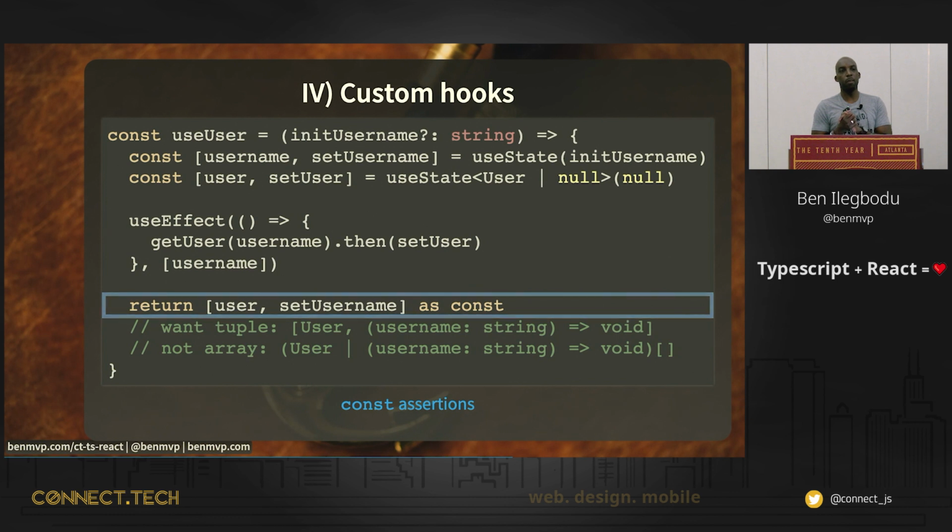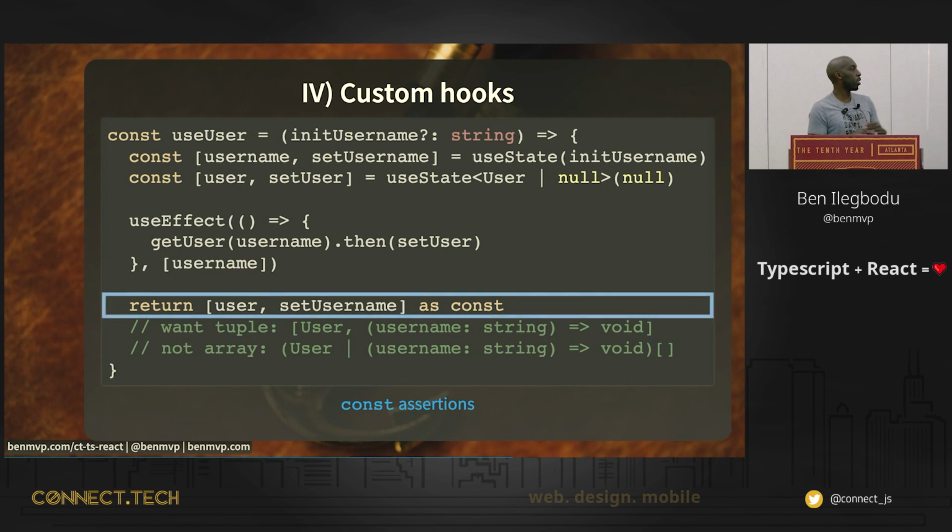But what TypeScript will infer by default without doing anything special is this is an array of either user objects or functions, right? So it's basically thinking that any item in the array can be a user object or a function. And the array can be any length. So that's what it infers by default, but that's not the truth. So when we go to use this useUser hook and try to destructure it, our types will be not what we expect. So there are a couple of ways that you can solve this problem.